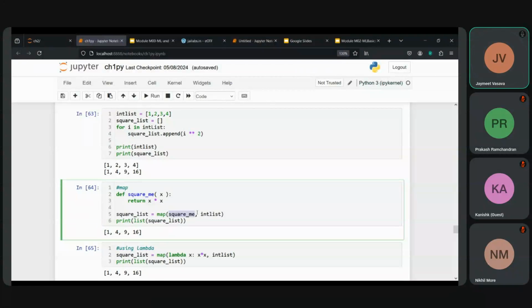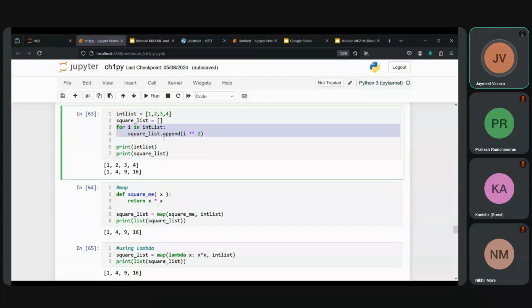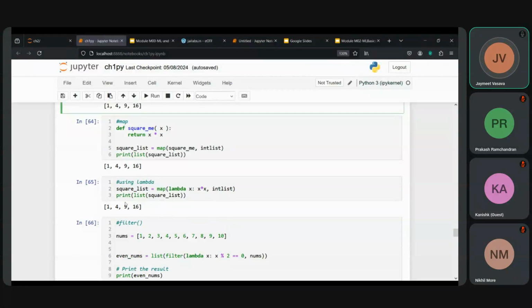Map first takes a function as an argument, and then the second argument is the iterable, and when we print it we get the output. It's the same output that we got here. Then comes